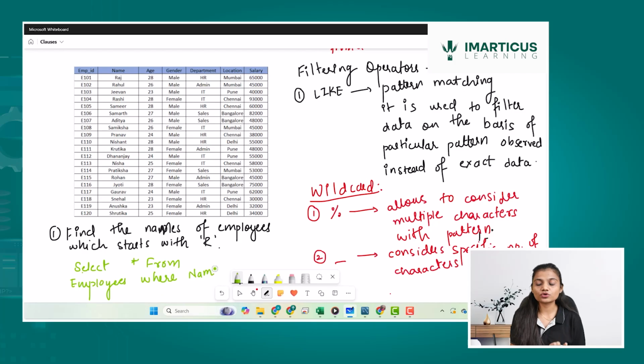So this approach or this query is wrong. Let me remove this query. I have seen many students making this mistake, that instead of using the LIKE operator over here, they will use equals to. So let us write down the correct query. I'll write select star from employees,